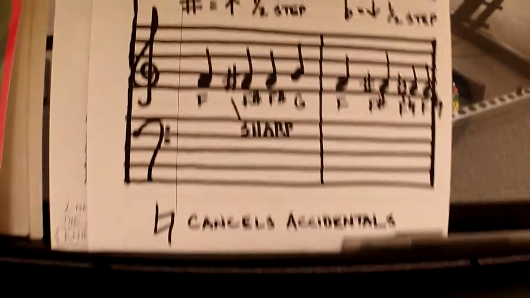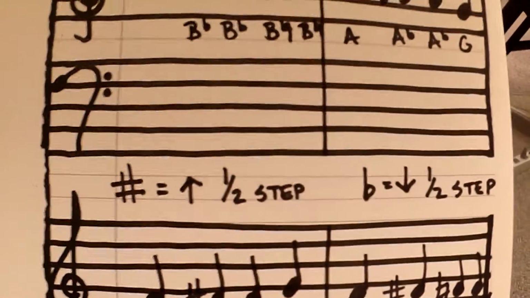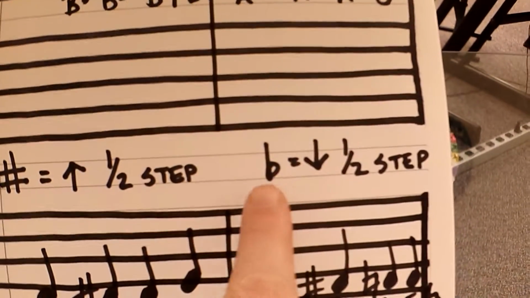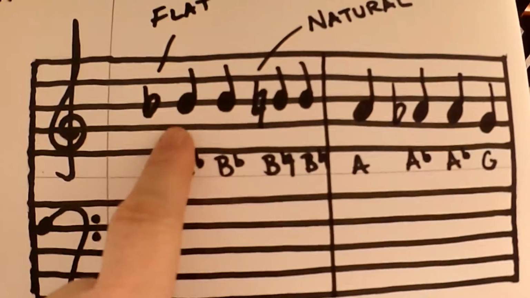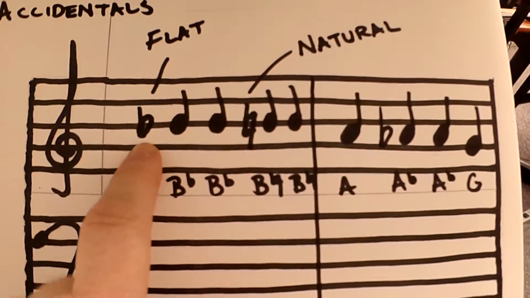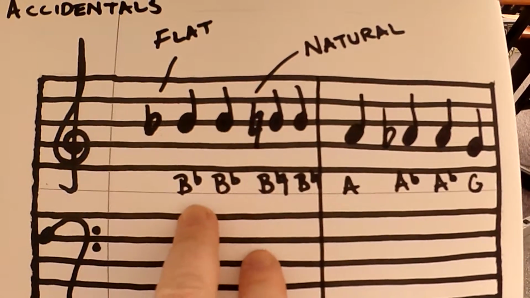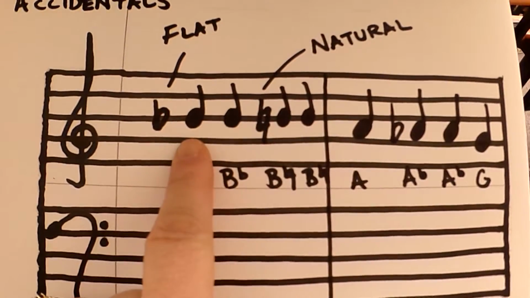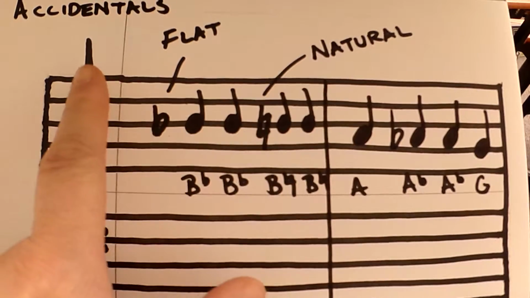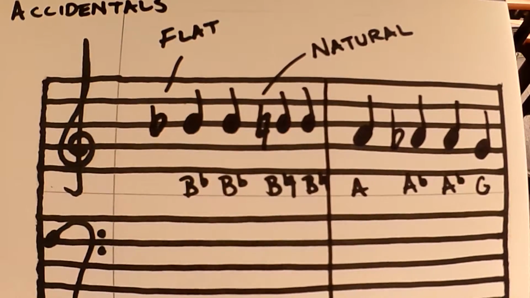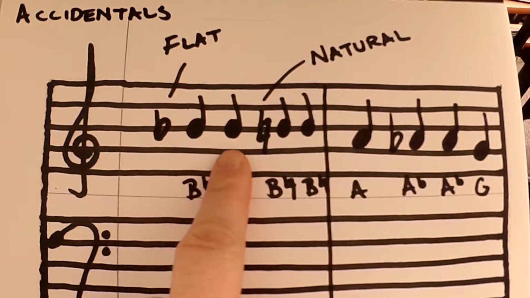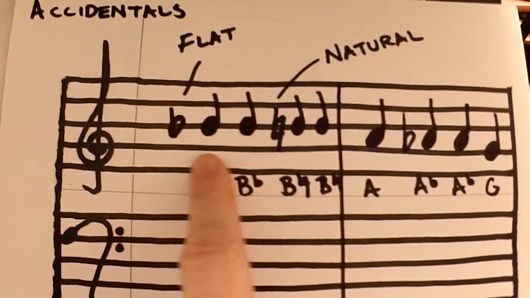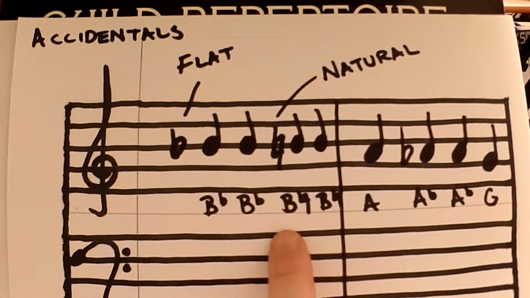All right, so here's what it looks like in your music. Let's look at flats first. So flat, remember, we're moving down a half step. You'll have a flat written in front of a note as an accidental. So this is a B flat, and here's the rule for accidentals. They carry through the measure. So this is a B flat, this is also a B flat, because this B flat will carry through the measure, unless